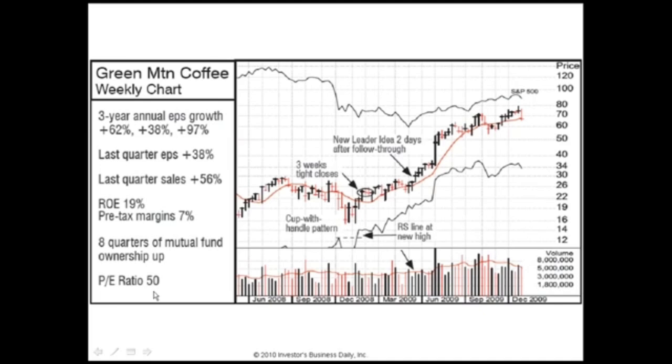We studied all the stocks that had the biggest move each year, and we took year by year going back. Originally the study was 50 years. We now got a little over 100 years, and we found that PEs just don't make much difference. Some of them are low, some of them are medium, some of them are sky high. But the earnings got to be up and accelerating. The sales need to be there, the return on equity.